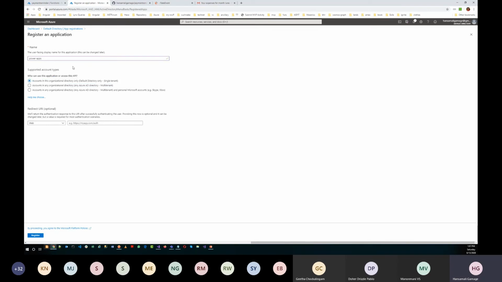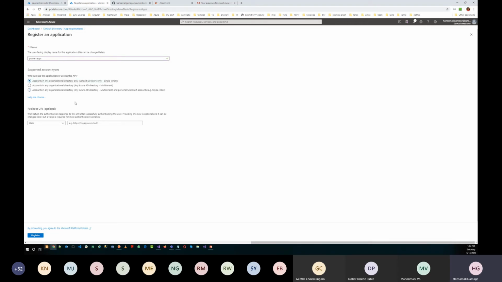You have to tell which type of accounts are supported for this application. That means this application is going to be used by the Graph API. If you want to allow this application only for a specific organization, you can go with this option.